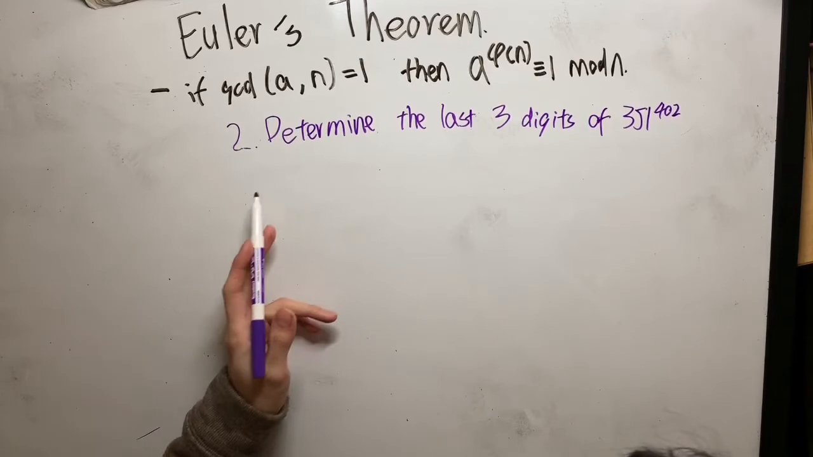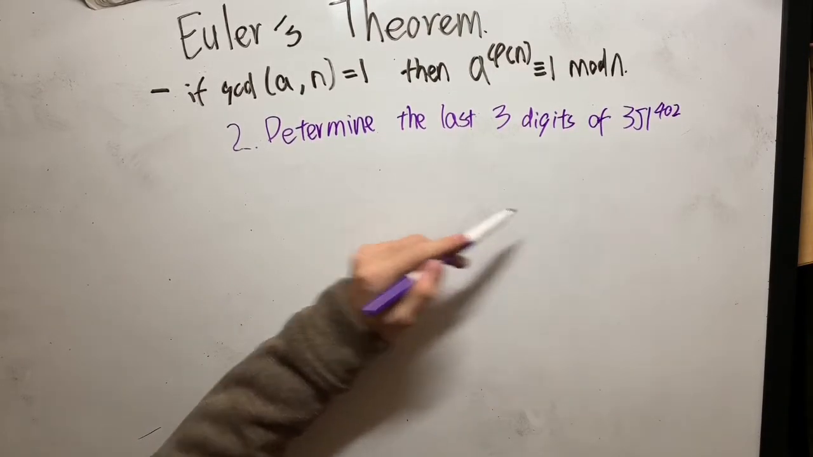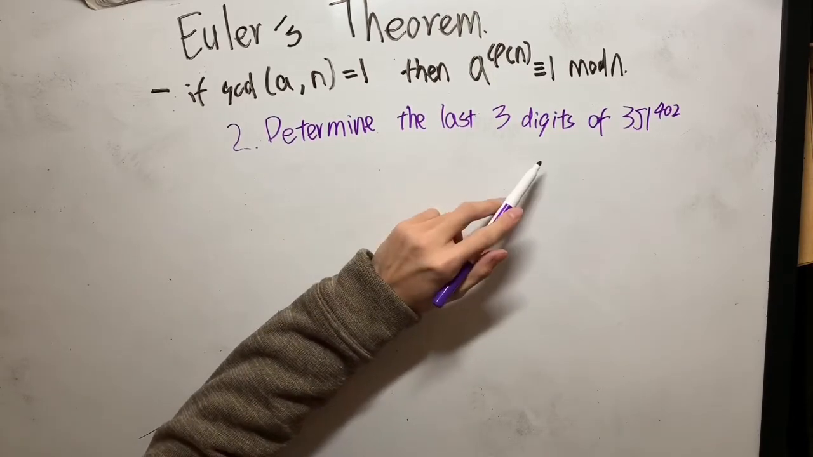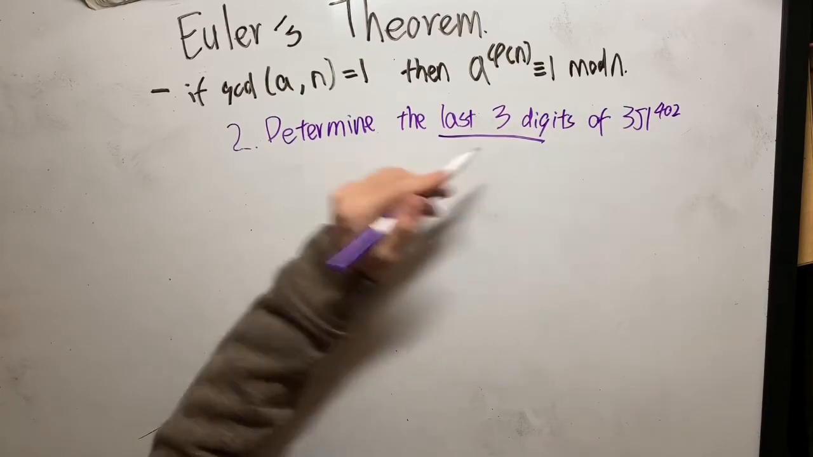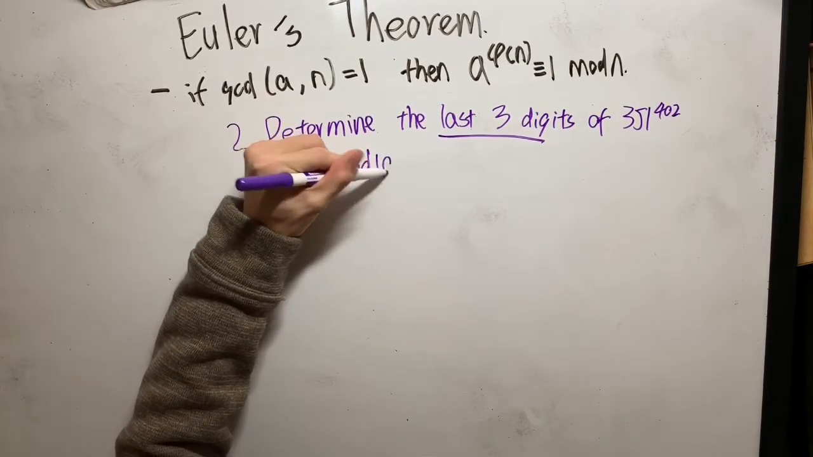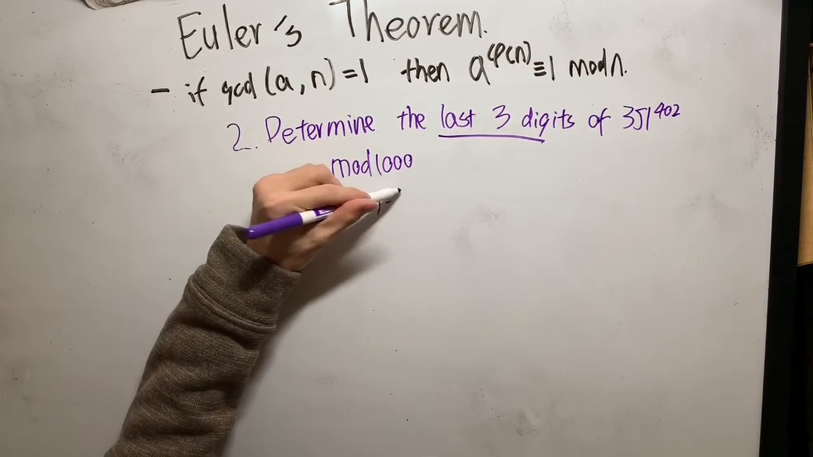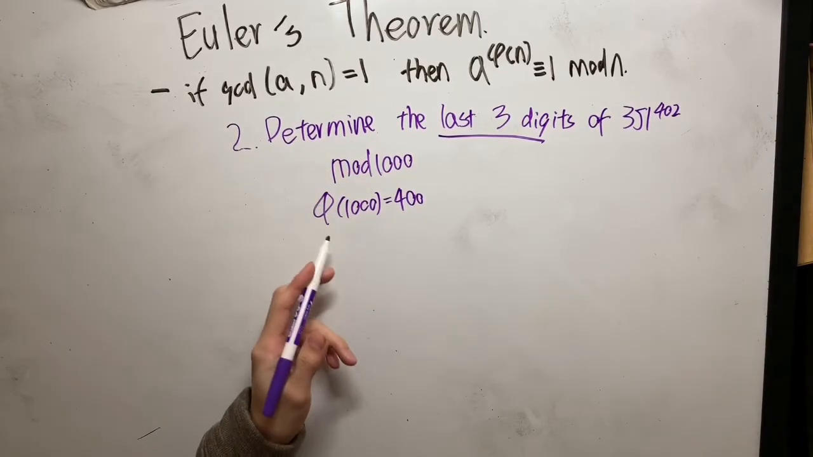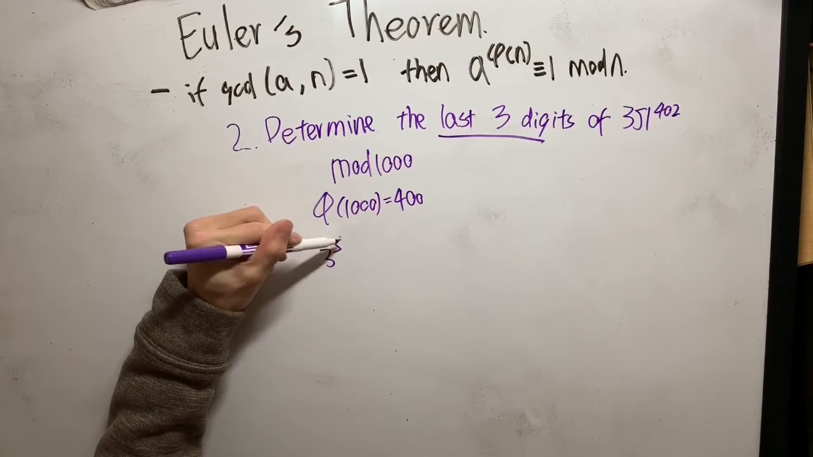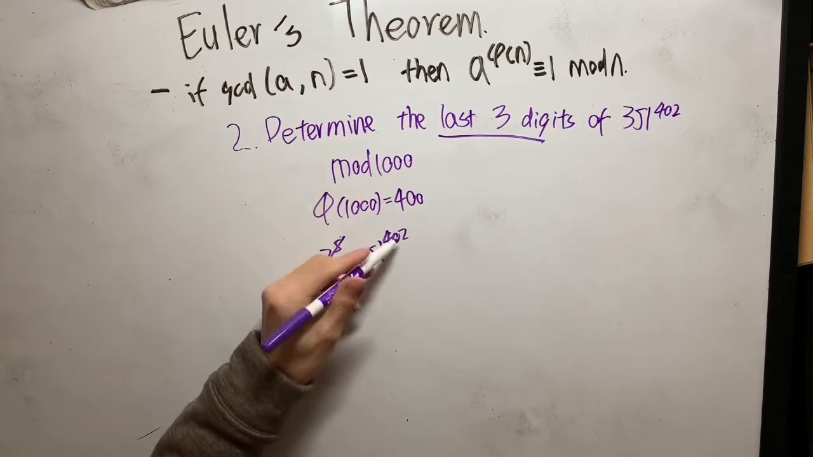For the next one, determine the last 3 digits of 351^412. And it's an easy question because we are determining the last 3 digits, which is mod 1000, and we know that phi of 1000 equals 400, as we determined previously. So 351^412